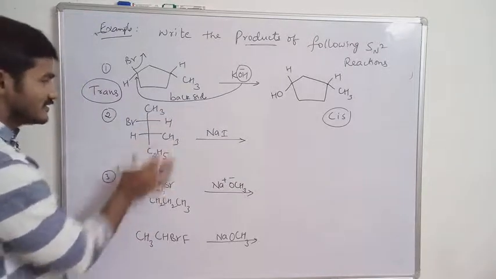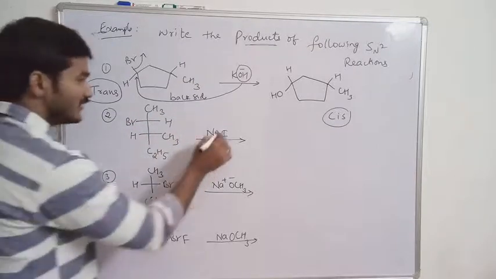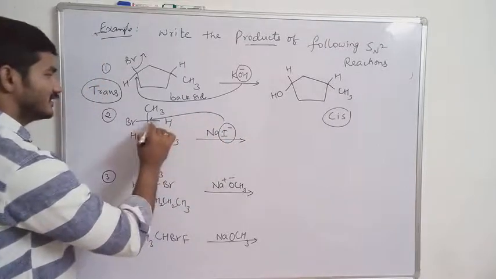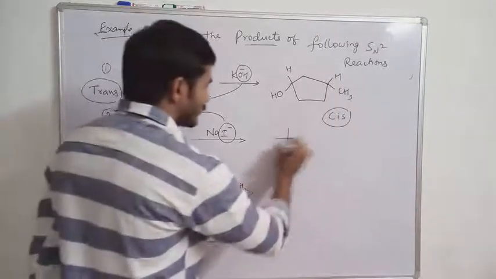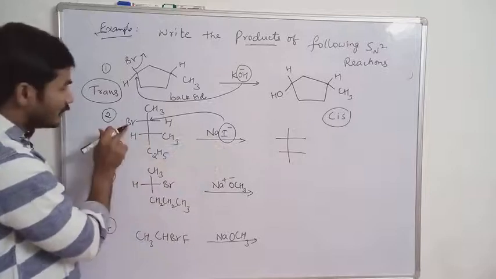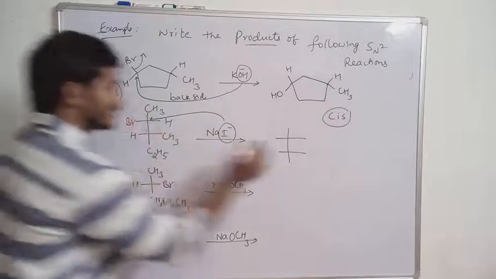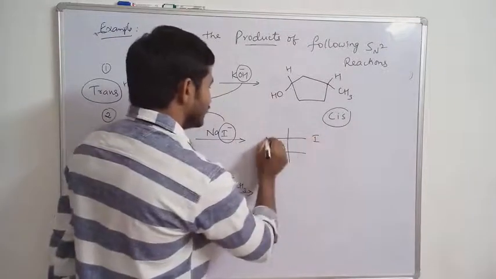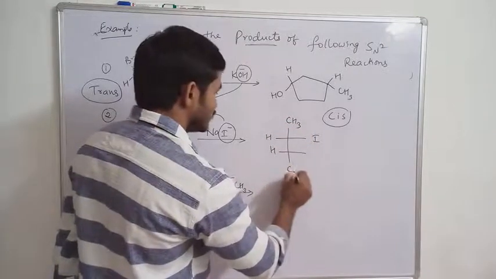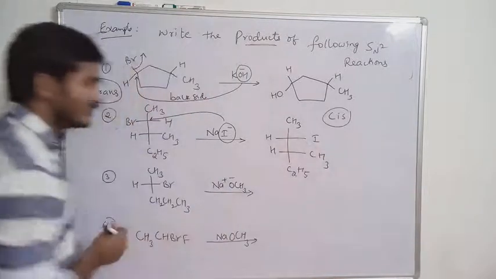Next, you see this. This is a Fischer projection configuration. Fischer projection model. So what is the nucleophile in this? I minus. It attacks from the back side. When it attacks from the back side, the product will be, this nucleophile will be bonded opposite of the leaving group. This Br here. Okay. So opposite of the leaving group means here we get I, here H. This will be the CH3, H, C2H5. And this is CH3. Okay. So this is the product.